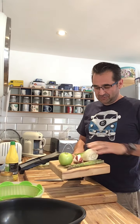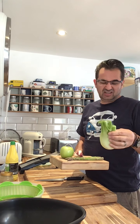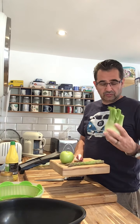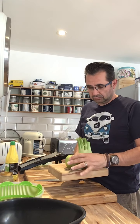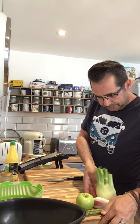So this is to reply to Eleanor for what to do with this thing, fennel. Cooking it can be difficult, but we can show you how to do basically a raw salad. We're going to use fennel, a couple of asparagus, red endive, apple, chicory, or red chicory. Okay, so